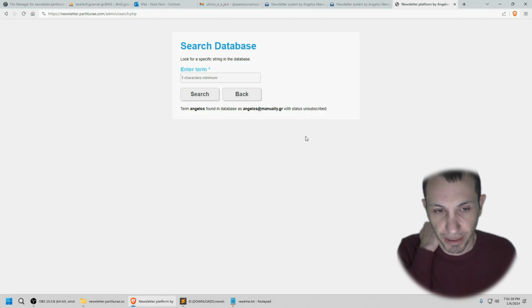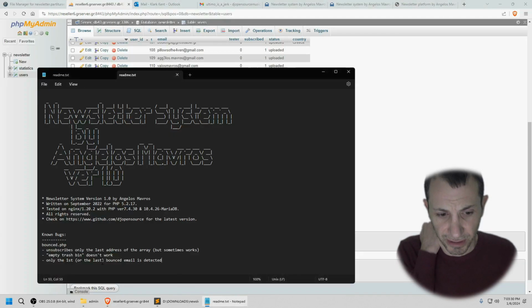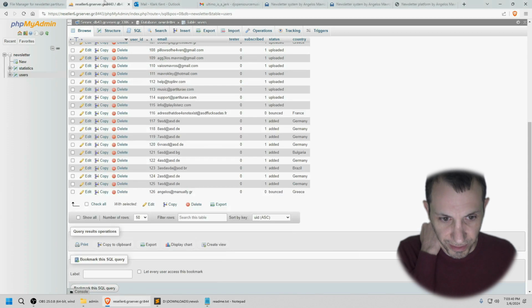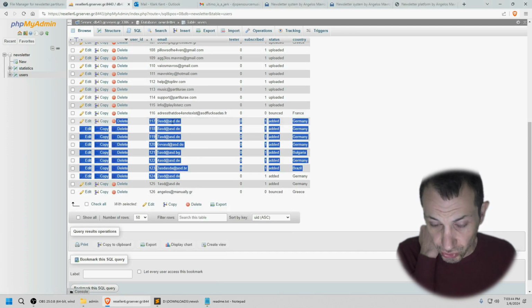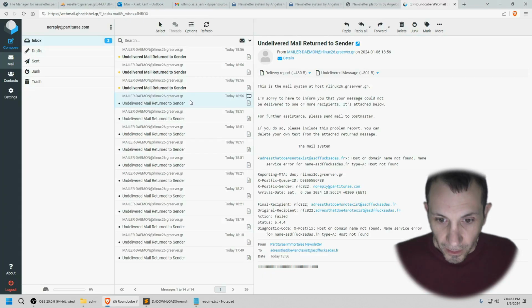I found another bug. Only the first bounced email address that does not exist is detected. I added all these non-existing email addresses in the database. Those should have been detected as bounced. You see?